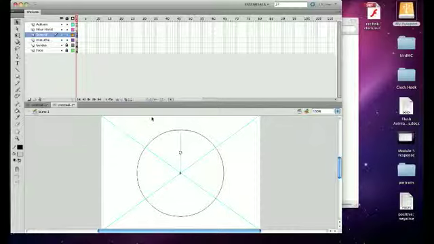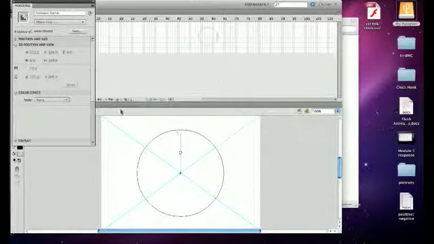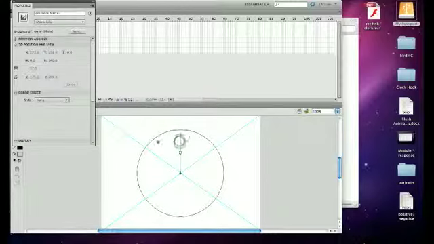The last thing we have to do is make sure the code is talking to the minute hand or the second hand. So we have to go to Window, Properties, and we have to name this movie clip. If you do not see the words movie clip in instance name, it's probably because your second hand is deselected. Just click on the second hand one time. You'll notice the instance name pops back up, and we're going to name it second, capital H-A-N-D, no space,